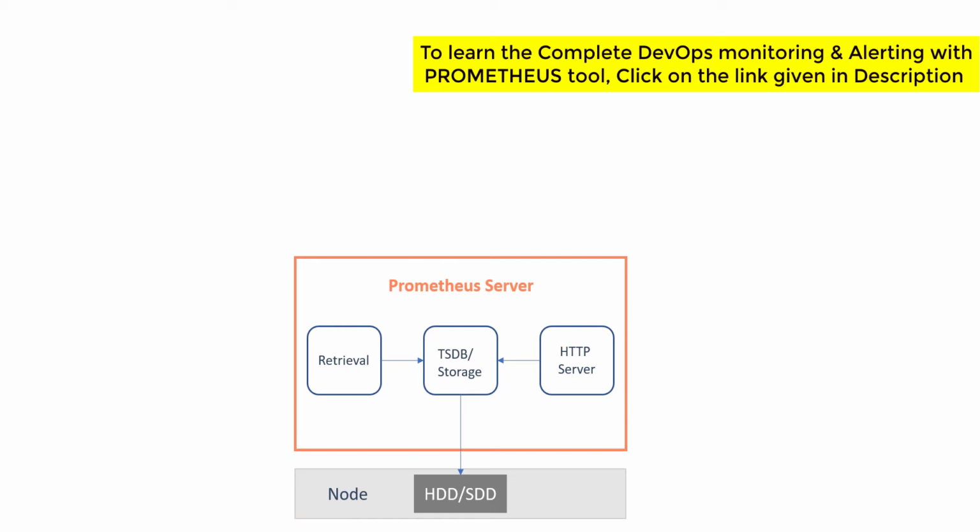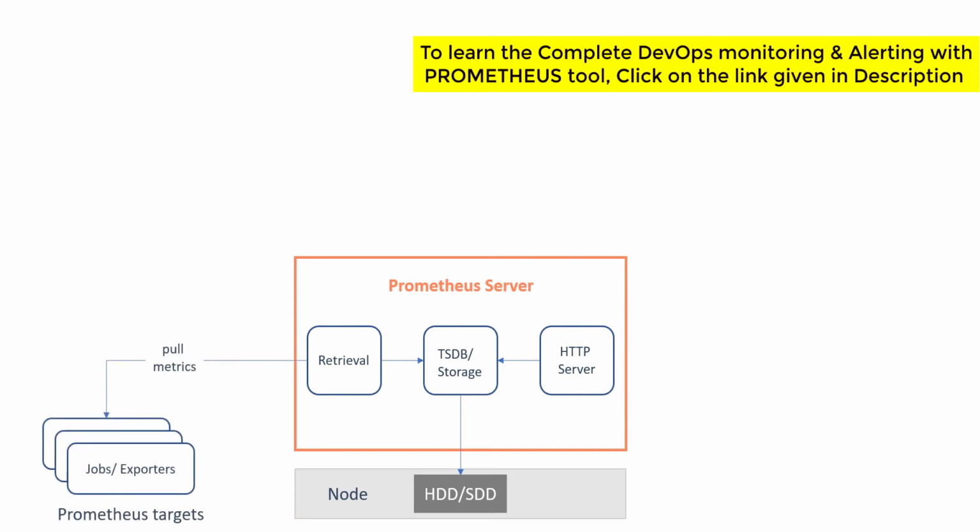Now talking about how Prometheus retrieves metrics from target nodes. Prometheus most of the time uses the pull method while monitoring systems. This is an important thing to note, that Prometheus by itself pulls the metrics from the target system. The target system does not push metrics into Prometheus. So if you have deployed Prometheus to monitor your systems or any applications, then unlike other monitoring tools, your application need not send metrics to Prometheus. Rather, Prometheus itself pulls or scrapes the metrics from the targets. This pulling feature of Prometheus over HTTP offers your applications more flexibility of developing changes.